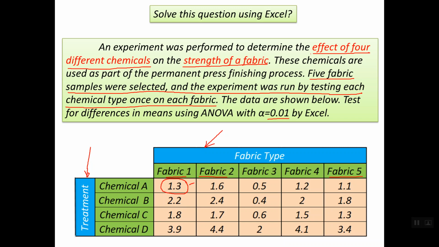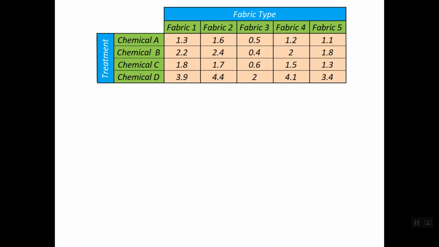It is treated by chemical A, and after the finishing of the experiment, the measure of the strength of this fabric has been done, so it is measured to be 1.3. Let's start understanding some details about the question before starting the